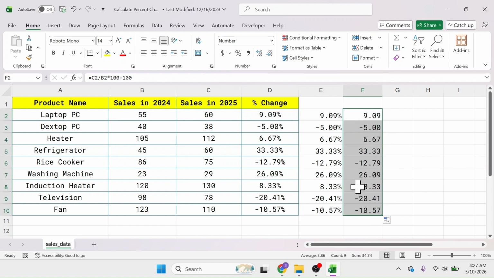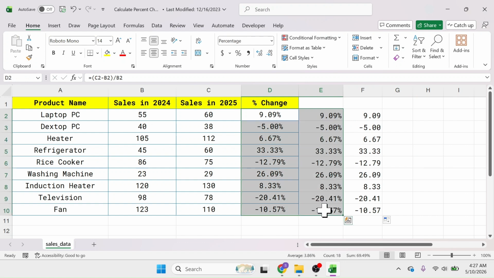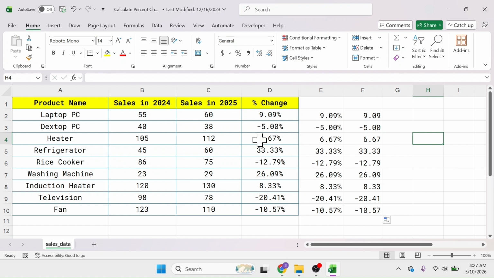And here in this case the percentage symbol is not attached to the number, but in the previous formulas you will get the result with the percentage symbol attached. You can choose any formula method here. So this is all about calculating the